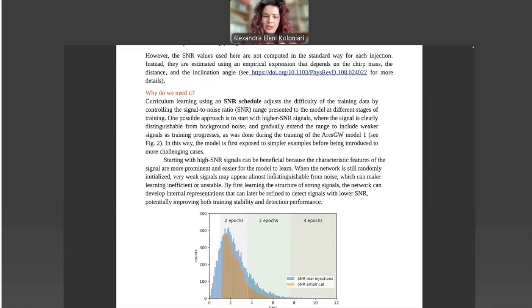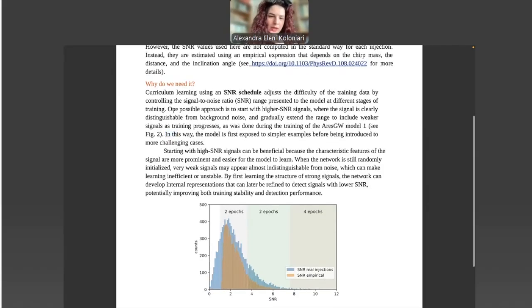And then when we give signals that are more difficult for the network to see, it already has some good weights in order to try to find things there in order to understand that there is a gravitational wave in there. So our recommendation is to start with higher SNR signals and then proceed to give lower SNR signals.